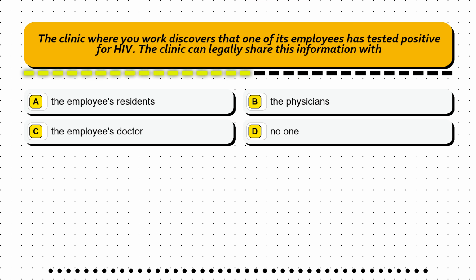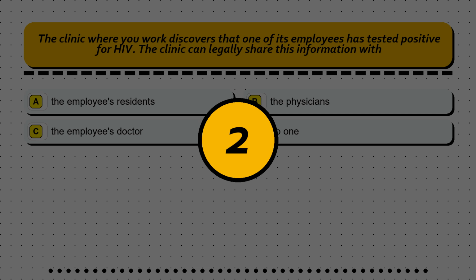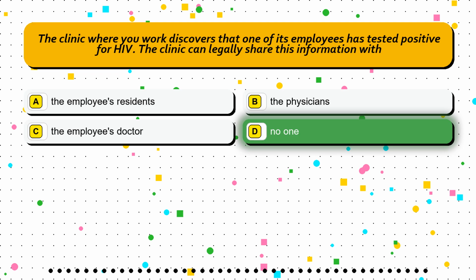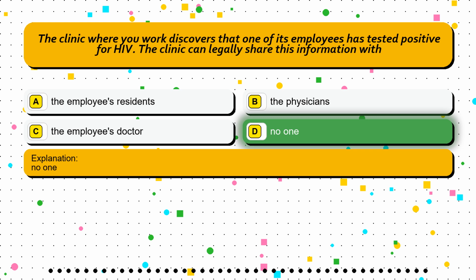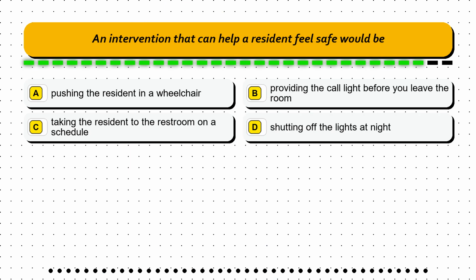The clinic can legally share this information with: option A, the employee's residents. Option B, the physicians. Option C, the employee's doctor. Option D, no one. The correct answer is option D, no one. Question 37. An intervention that can help a resident feel safe would be: option A, pushing the resident